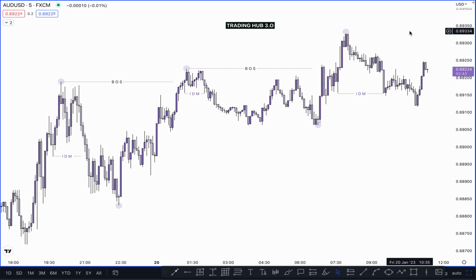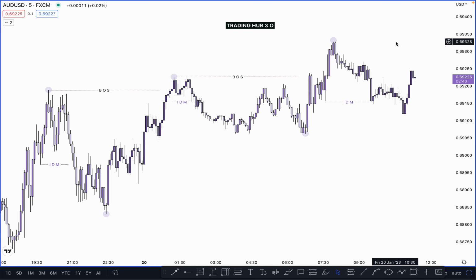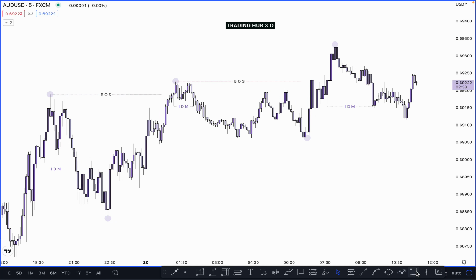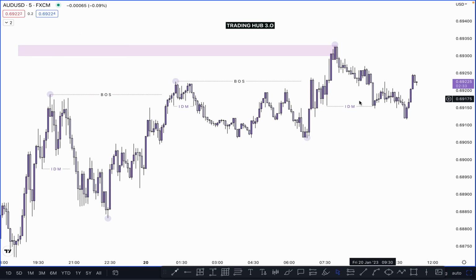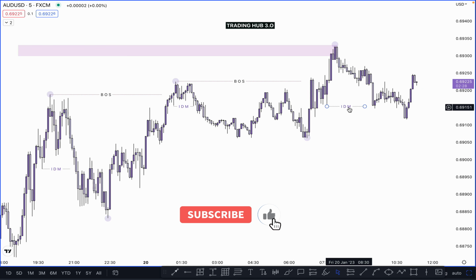So right now, where is our CHoCH? Okay, CHoCH means if the market taps your supply zone, this move taps your supply zone anywhere on the left side, then this inducement converts into CHoCH, and we are looking here for a sell, and this is not an inducement because the market tapped your POI zone.